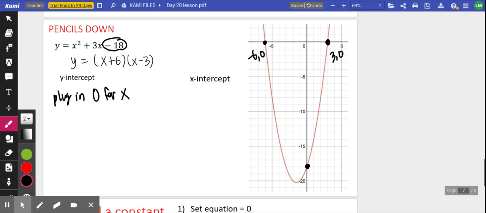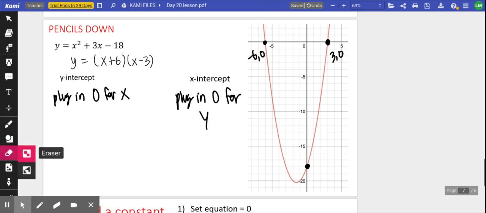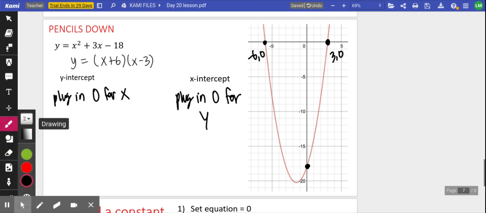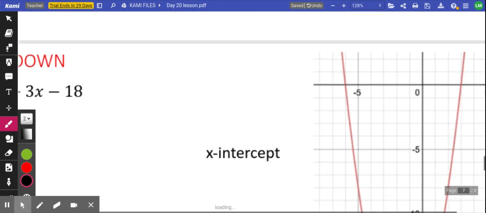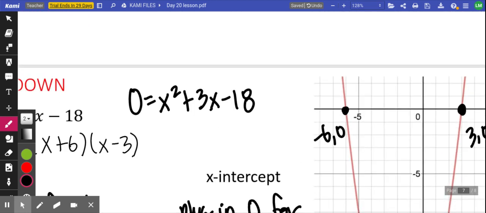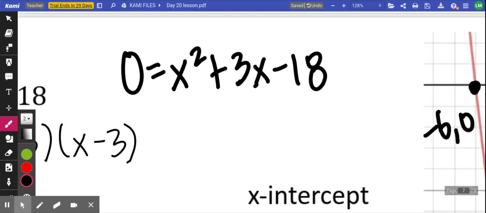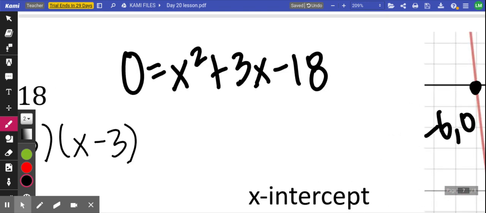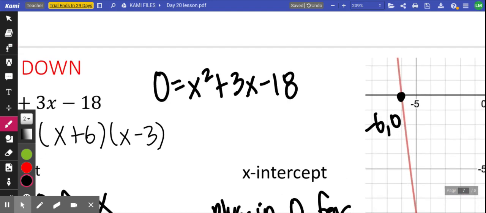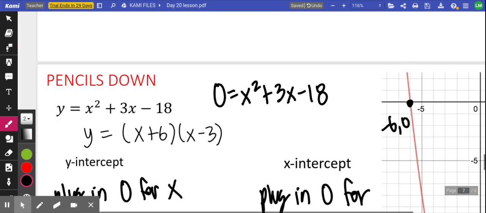To find the x-intercept, we need to plug in 0 for y. But it's not that easy, because if this first equation here, I just told you 0 equals x squared plus 3x minus 18, and I said find the values of x that make this whole right side of the equation equal to 0, it might be pretty difficult, right? I can't come up with any just off the top of my head. And that's why we factor it into something like this,